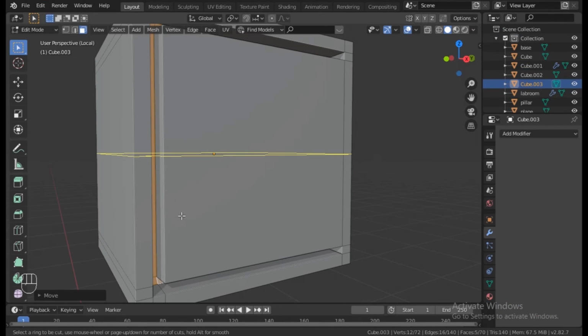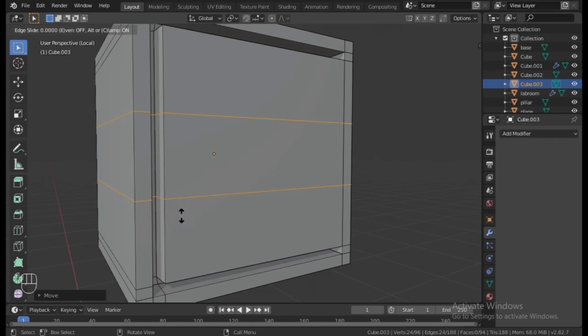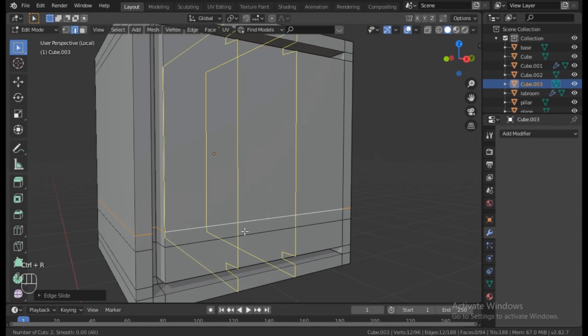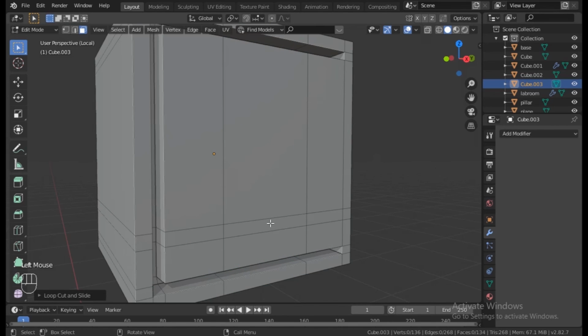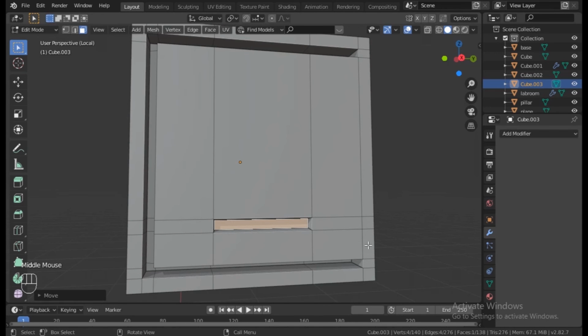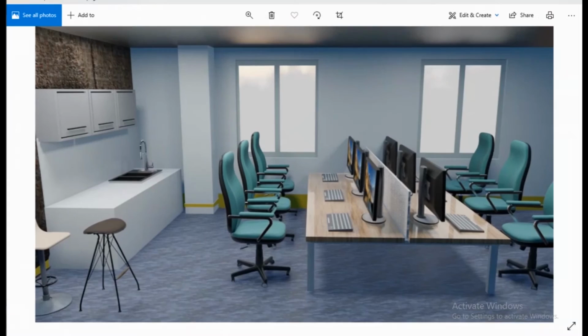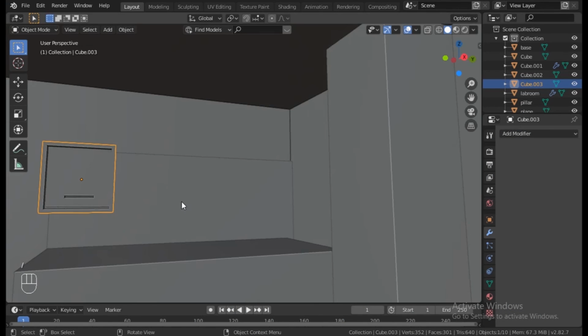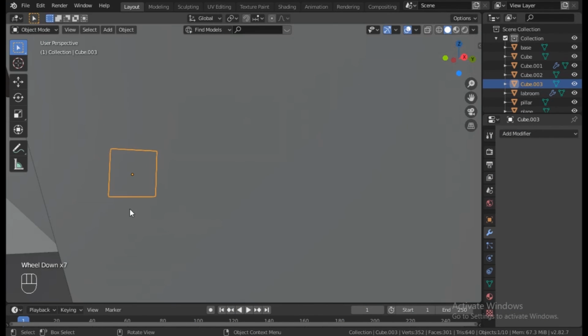We're still going to have another cut right here, move it down on Z axis like this, loop cut, add 2 of it, then scale it, select this face, insert the face, move it in on X axis. So we have this like this. I think this is perfectly okay, similar to what we have here. Then we can now press slash, go back to this view here,